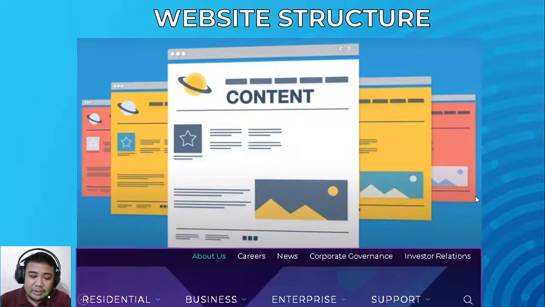So, magkakaroon kayo ng mga navigation button doon sa website ninyo. And ang gusto ko, hindi mawawala ang residential button, business, meron ding about us, and gusto ko meron ding help and support, and promos. So, yung 5 pages na yon, gusto ko i-link niyo doon sa inyong main navigation button. Okay?